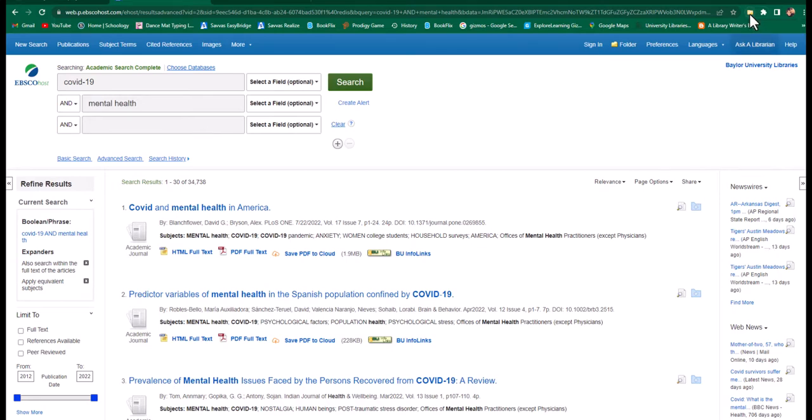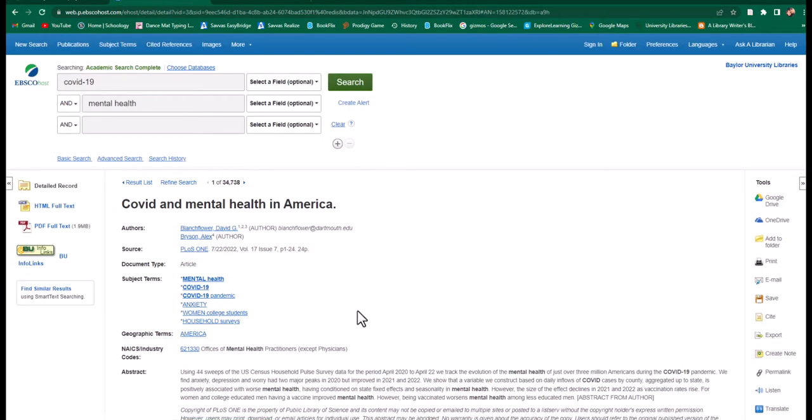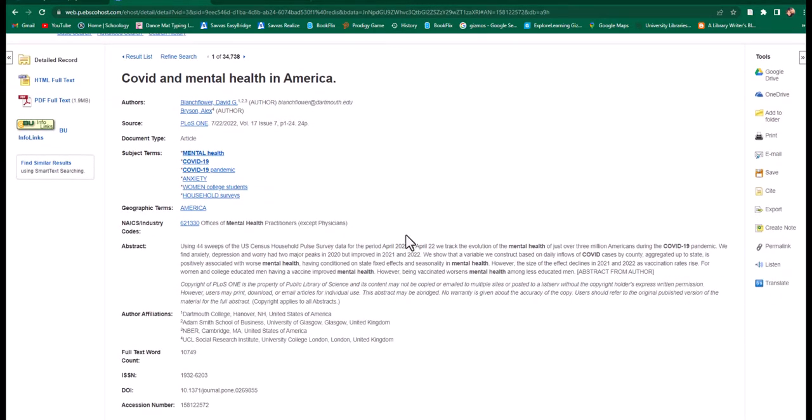So I've done a very simple search here on the library's databases of just COVID-19 and mental health, just to get some examples. I'm going to pretend like this article is one that I'm interested in. And if I click on it, I can see that the little icon here for Zotero has actually changed to a document. So the way that this Zotero plugin works is that it's reading your browser as you're looking,